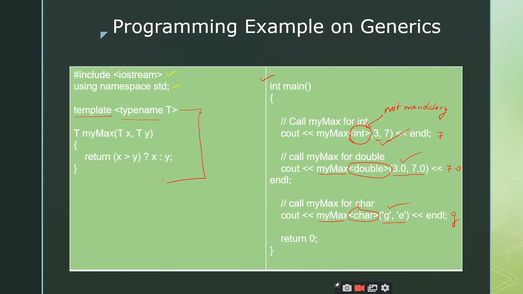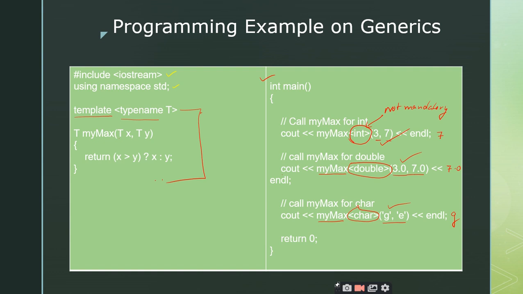So this is the end of today's session, and I hope you have understood the concepts well. Tomorrow's class we will continue with the same topic of templates, where we will discuss the types of templates. We have only two types: the function template and the class template.